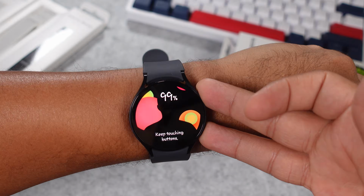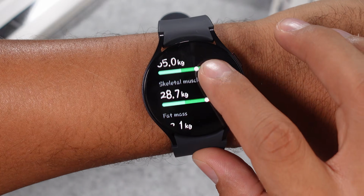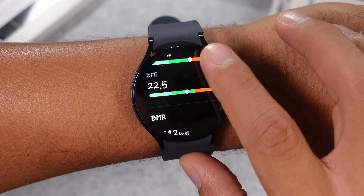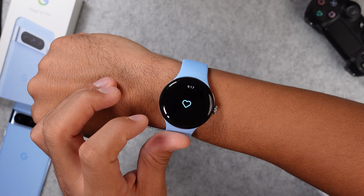You just have to put in your weight, sex, and height, and after resting your fingers on the buttons for a few seconds, you get a few more stats like your BMI, BMR, body fat, and a little bit more. So overall, pretty much. The Google Pixel Watch 2 doesn't have quite as much, so you do get a stress